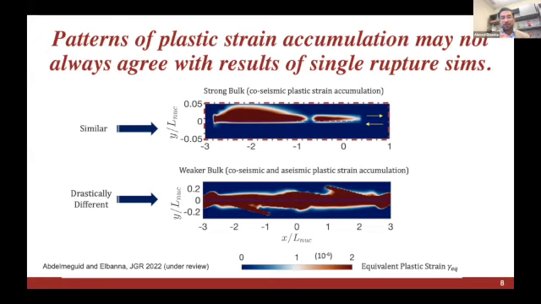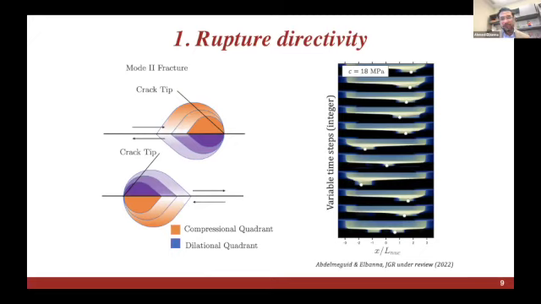Plasticity is observed to accumulate on both sides of the fault. And eventually we see not necessarily a symmetric distribution, but plasticity is filling the domain near the fault. And there's really not much distinction for the dilatational versus the compressional quadrant. We were puzzled by this, but we needed to look further into the mechanism that enabled this kind of distribution of plasticity on both sides of the fault.